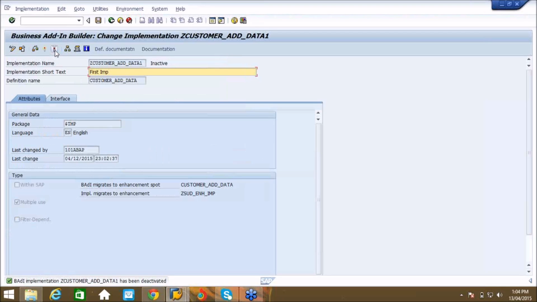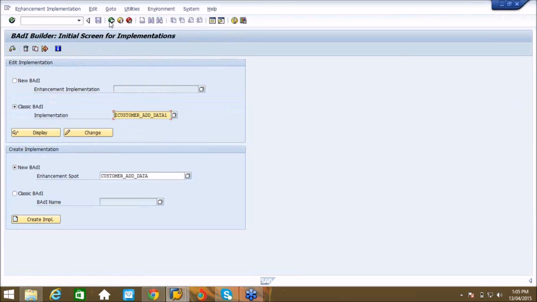So whatever code you have written in this first implementation will not execute anymore. Only the second implementation is getting executed. If you want to deactivate the second implementation also, then deactivate it also. Here you have the flexibility of individual control over the implementations.